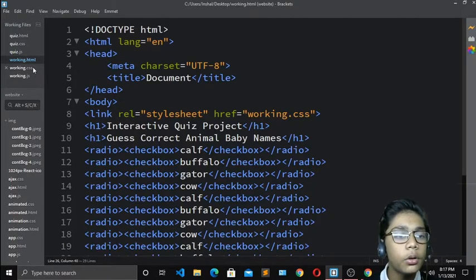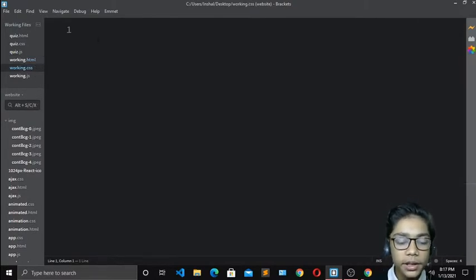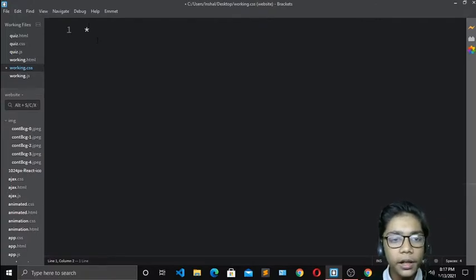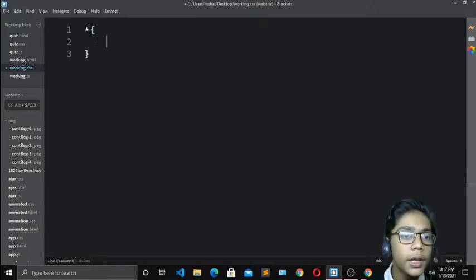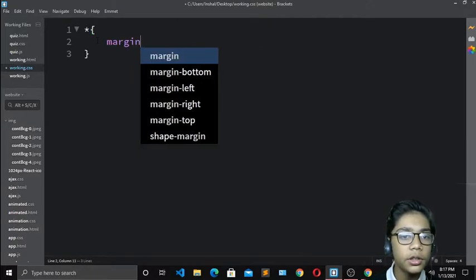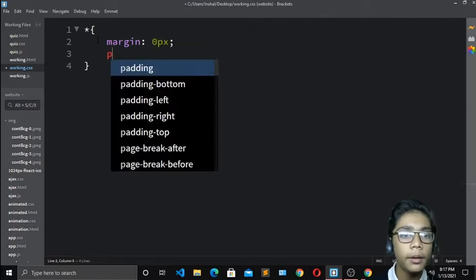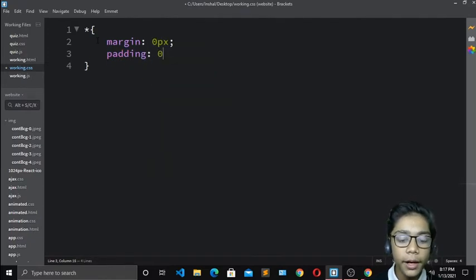Okay, so now you just have to work with our CSS and JavaScript. First of all I will go to my CSS file, and I will write this sign. When you press shift and it, then the sign will come. So it's called defining all the things in HTML which you have written. First I will add margin 0, because I will define my margin and padding in my body tag. So I will add padding also 0.